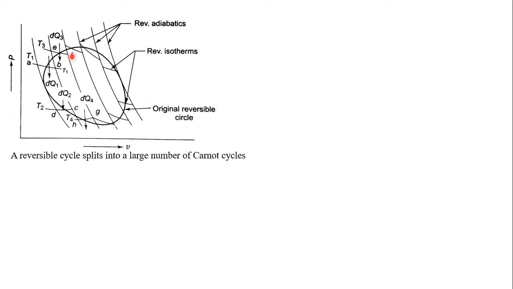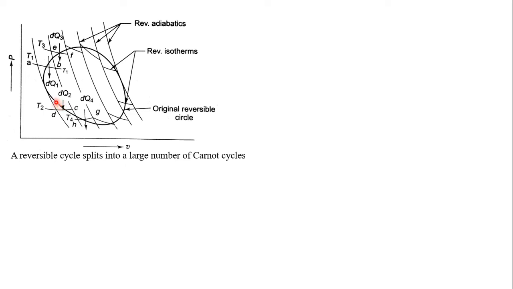if you divide this original reversible cycle into a number of small cycles like this, what you will find is, see, this cycle A, B, C, D. This is a cycle. Why? Because its initial state is what? A. It is undergoing AB process, BC process, CD process, and again DA process, and it is reaching its original state. Means this is an individual cycle. Try to remember, this is which cycle?